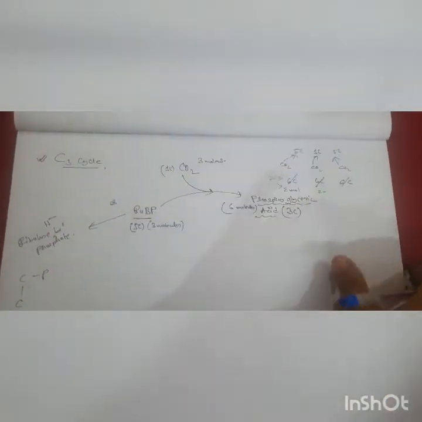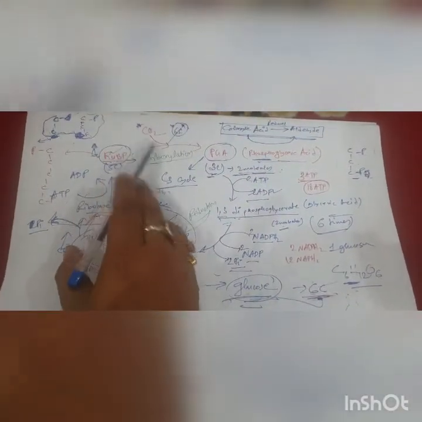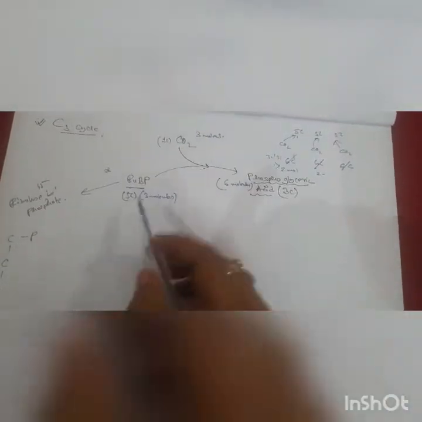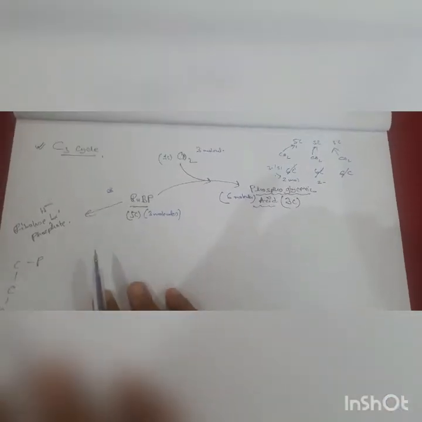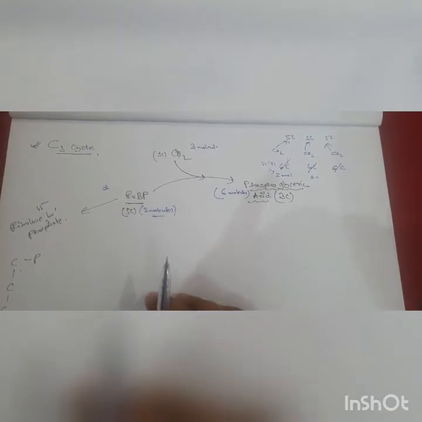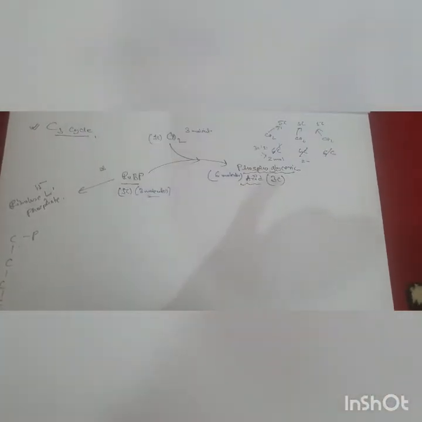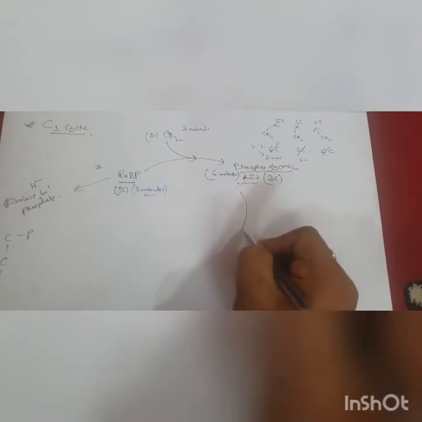In the previous video when I made you understand, I had explained it this way. This is 1 molecule of 5 carbon, with CO2 it becomes 1 molecule of 6 carbon, which breaks from the middle into 3 carbon, 2 molecules. But here we will understand that there are 6 molecules. I hope you have understood the difference. First we have taken 3 molecules and we will understand that there are 6 molecules. Now why am I doing this? To understand the stoichiometry properly, you will understand why I am doing this.